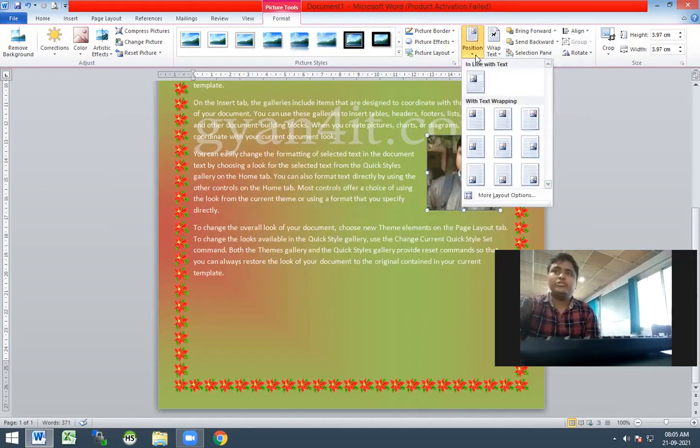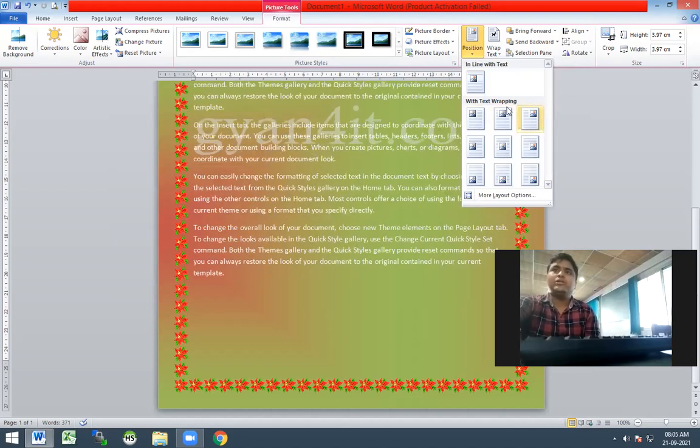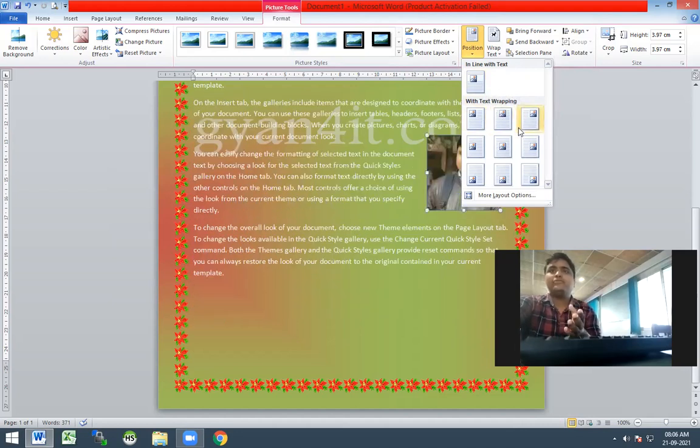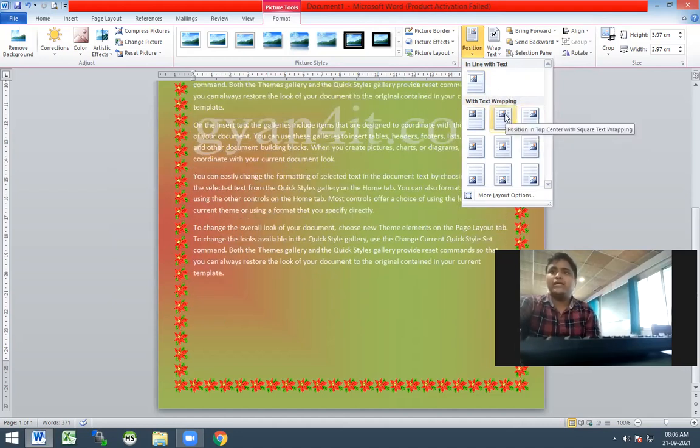Next one is called position. If you want to set the position of the picture in the document, you just need to go for this particular option available in the format tab after selecting the picture and select the one.